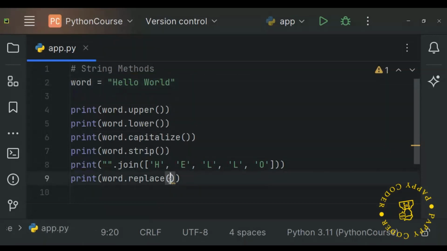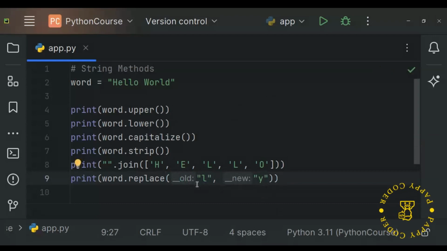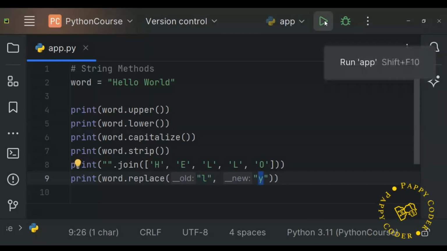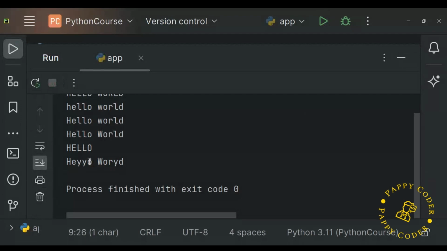Okay. So what it does is it replaces a particular character with another character in our string. So here, let's say I want to replace the L with, let's say, Y. So that is what I want to do. I want to replace every occurrence of L in my word with Y. So if I run this now, we can see everywhere that L is supposed to be, we now